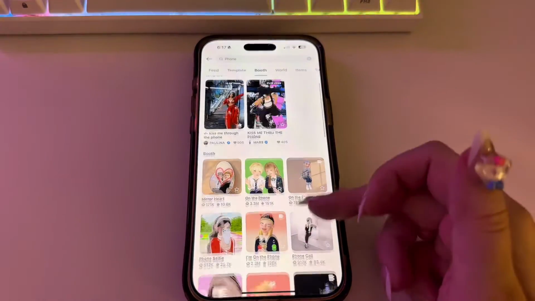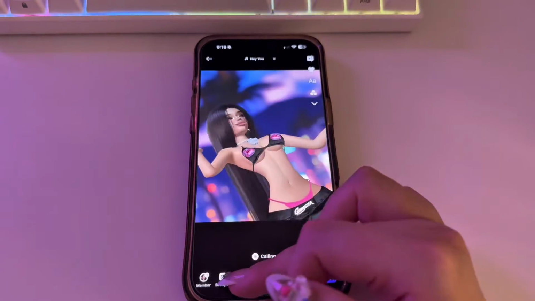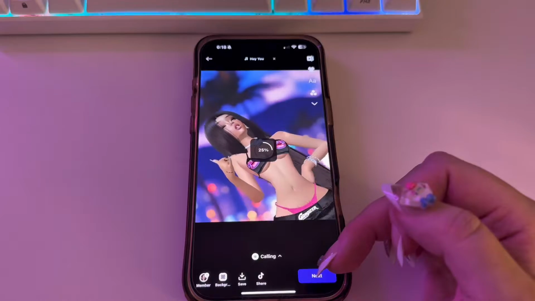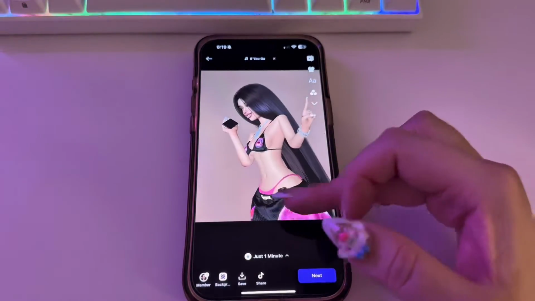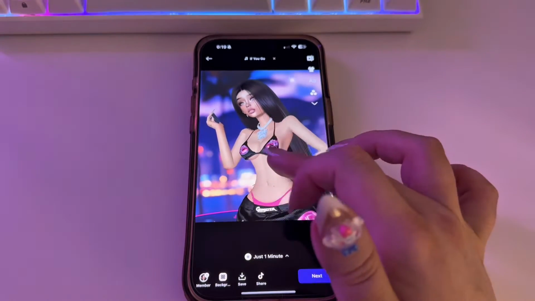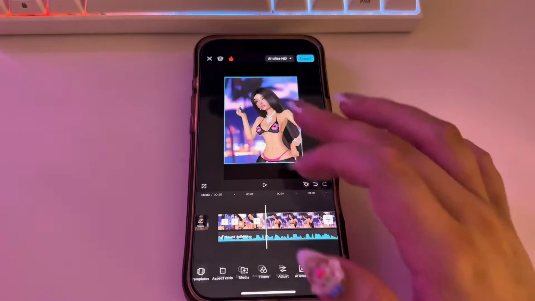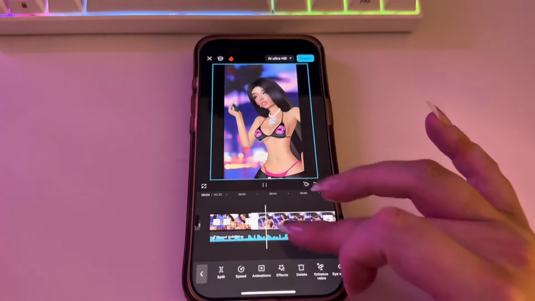So I went ahead and I looked for a phone pose because she's on the phone with that man. So this is the best pose that I could find for that. I'm just kidding. I was not prepared to do a voiceover. I actually went ahead with this pose. So yeah, this is the pose that I went with. And I think it turned out great.